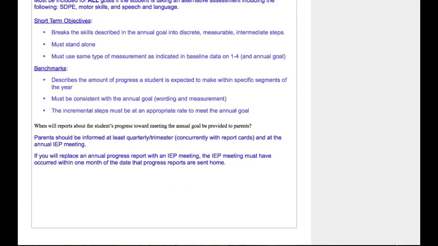So, the final section of the I-6 asks you to articulate how frequently you are going to communicate your students' progress toward meeting that annual goal with parents and guardians. The law says that we need to do that as often as our regular education peers. Now, having said that, please don't write that there. Please be more specific about it. Please write something like,